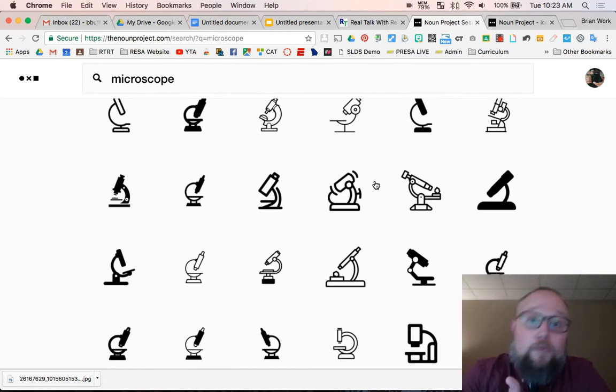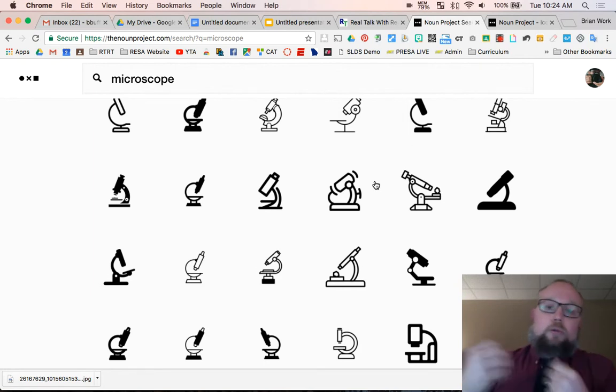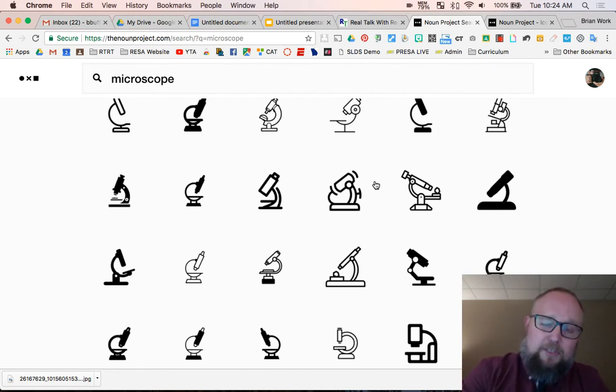I want to talk about my new favorite tool. It's called the Noun Project, and it's all about icons. So just stay with me, and I want you to get excited about icons because I want to tell you about an older Brian. A Brian who would go to Google Images and just type for something like microscope,